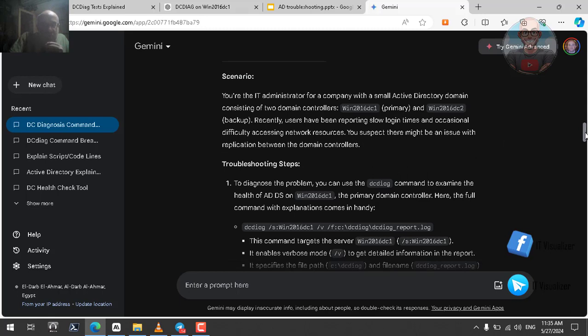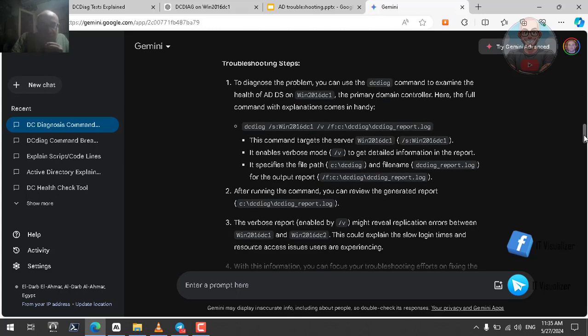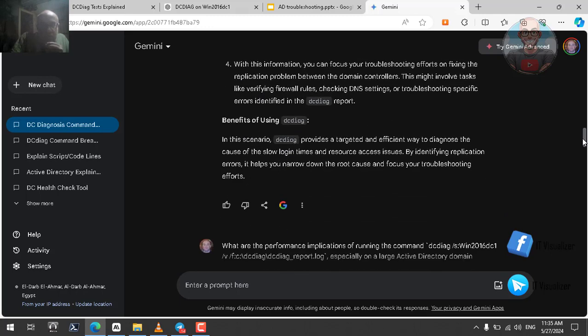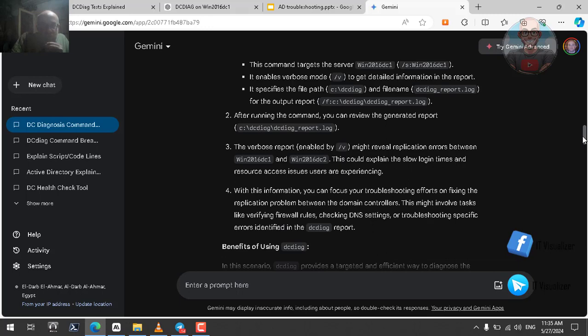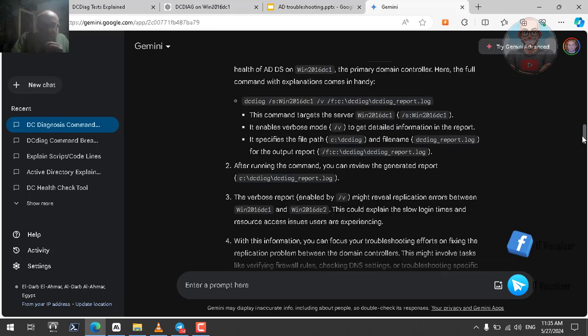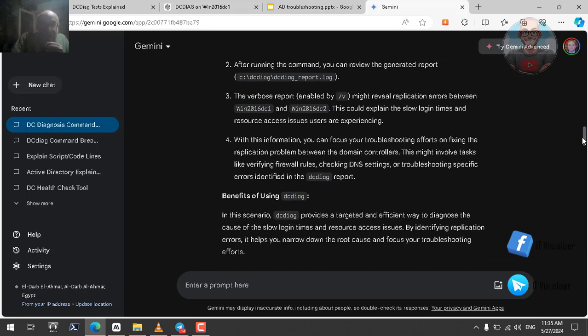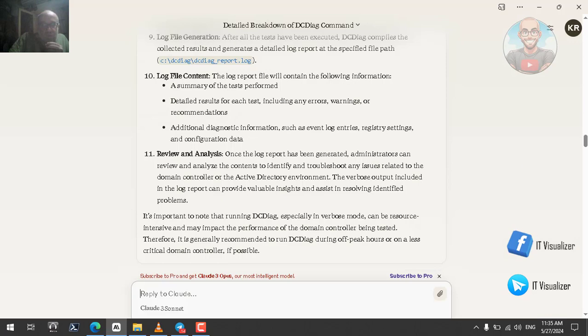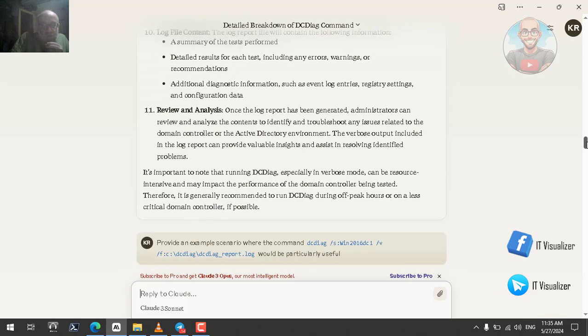ChatGPT 4o, for example, is reporting slow login time and occasional difficulty accessing network resources. The same thing. I think it's also related to here, but it's a very short answer and not a detailed one like ChatGPT 4o. Okay, if we go to Claude and see the answer, if you go down,